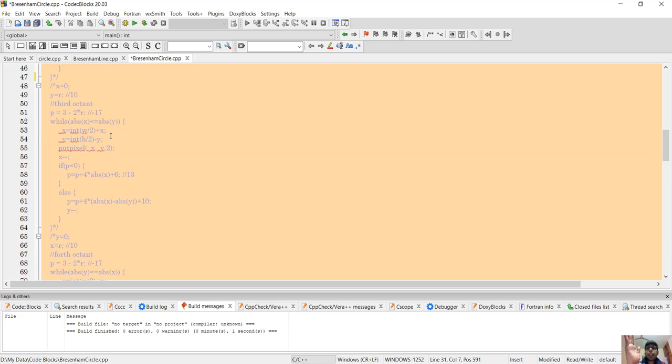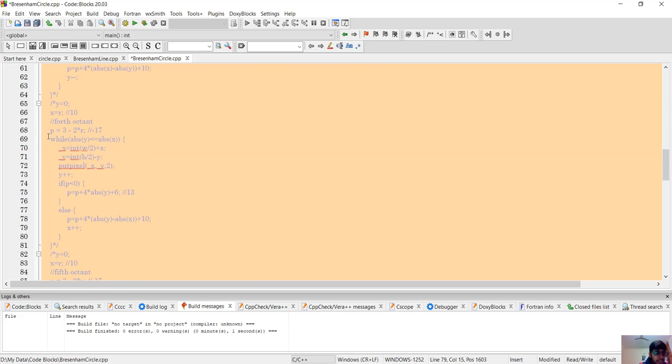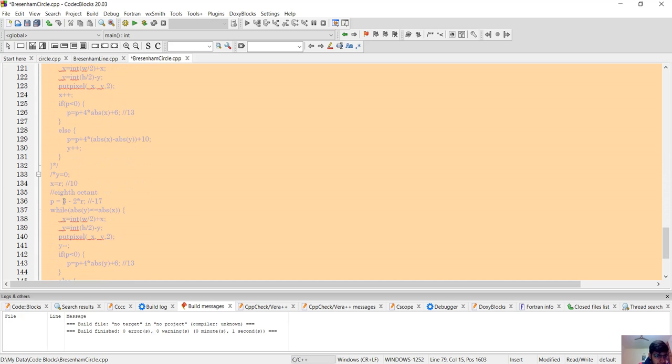In the third octant, x will be negative and y will be negative, both will be negative. And in the fourth octant, x and y will both be positive. Everything is the same. Everything will be working absolutely like before.